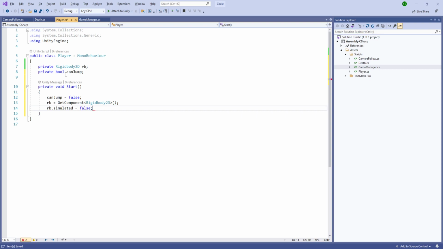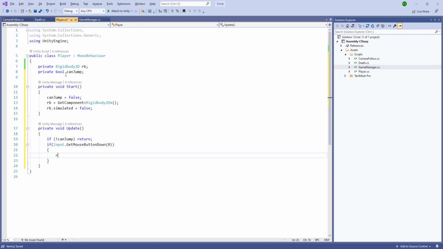And simulated is going to be false, and afterwards inside the Update, if not canJump, then we'll return, and if Input.GetMouseButtonDown of 0,